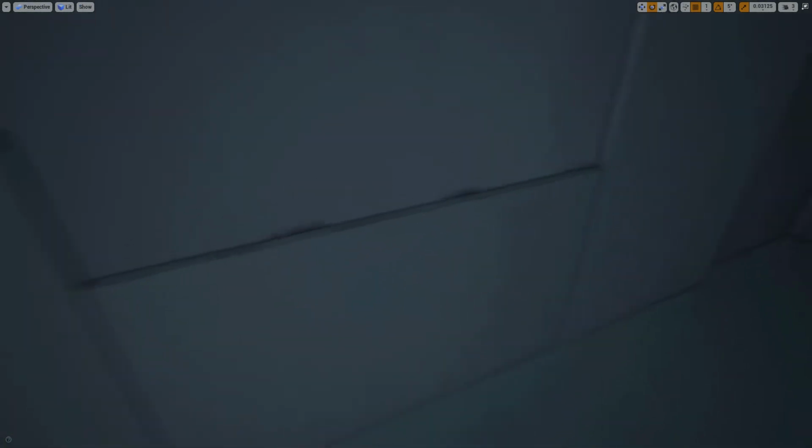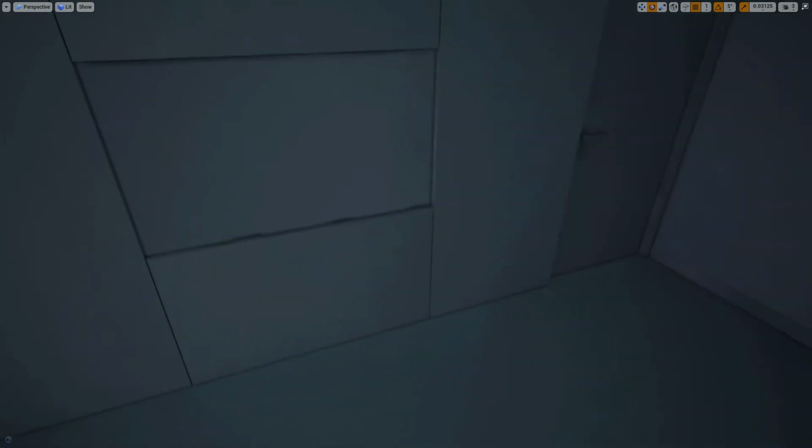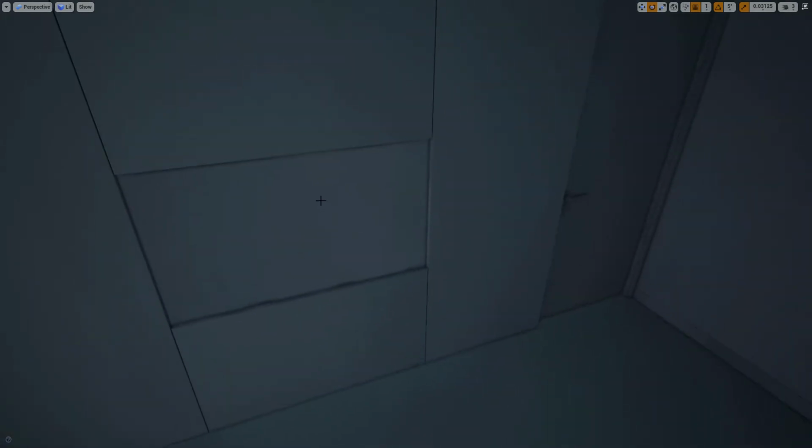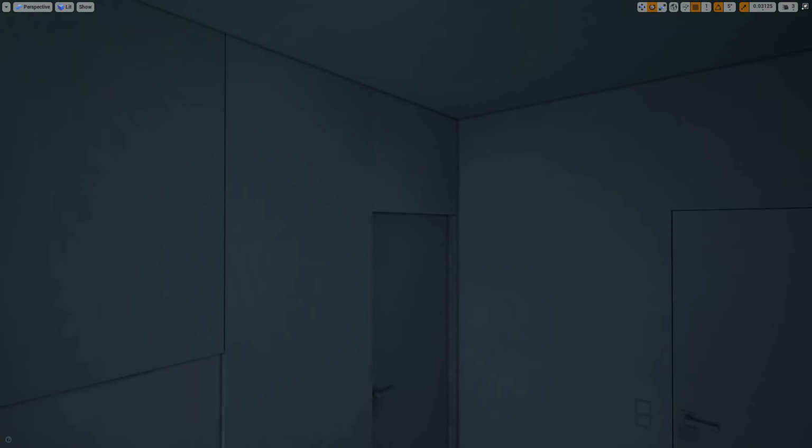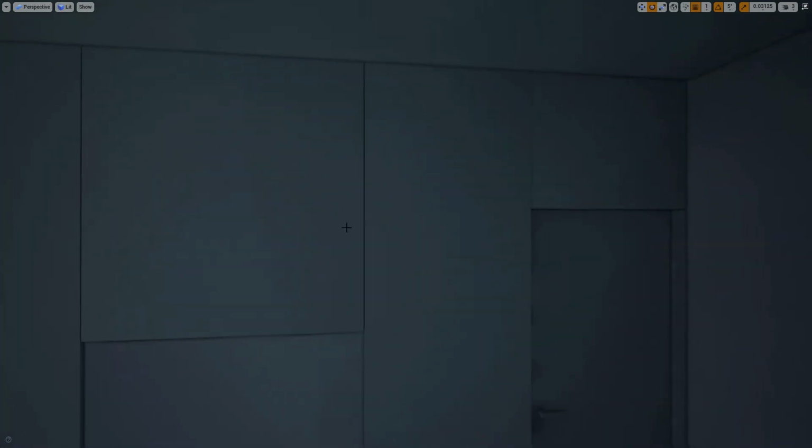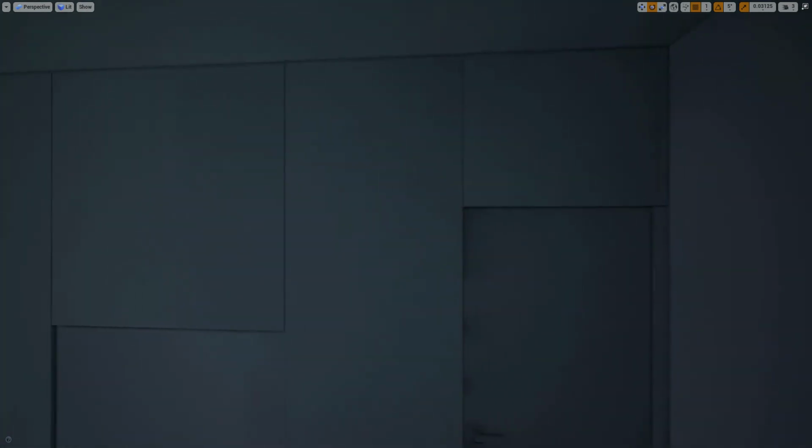Okay, so the build has finished and we can still see some artifacts. The detailing has improved, but some noise has also appeared.